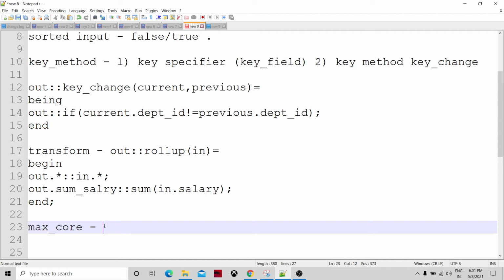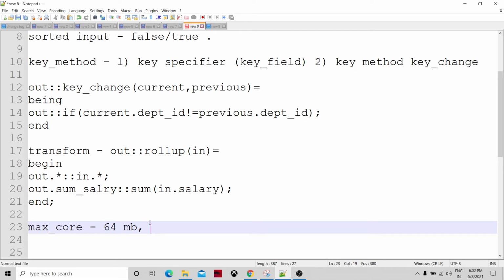In that process, it has to hold the records in some memory, and that memory is max core. By default, this max core is 64 MB for rollup. We can make it larger, or we can make it smaller as well.